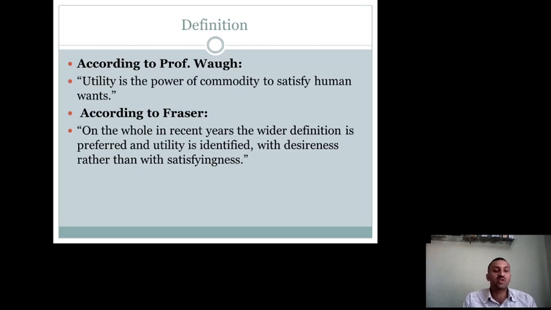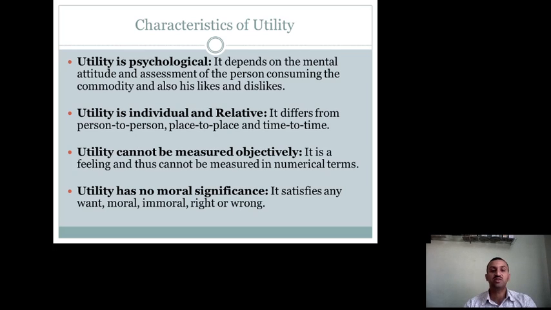The simplest one you can write: the want-satisfying power of a commodity is known as utility. Or, utility is the power of a commodity to satisfy human wants. Any of these definitions you can write for 2 marks. After that, we need to see the characteristics of